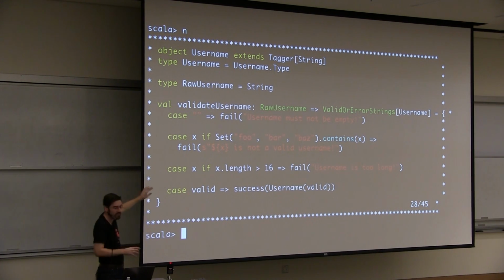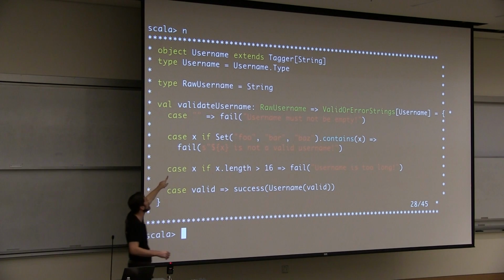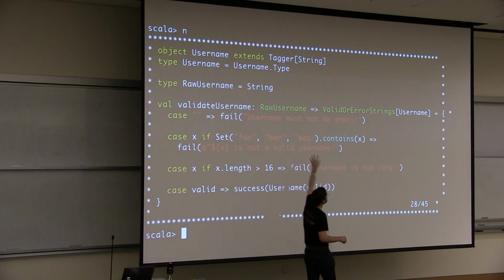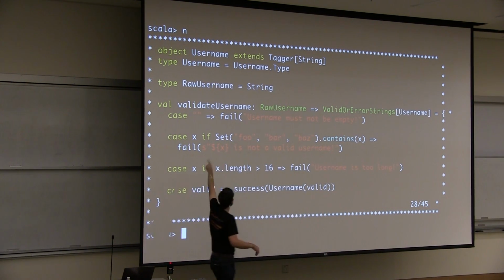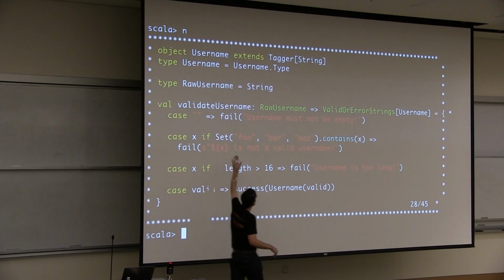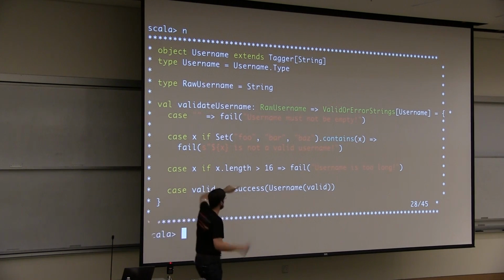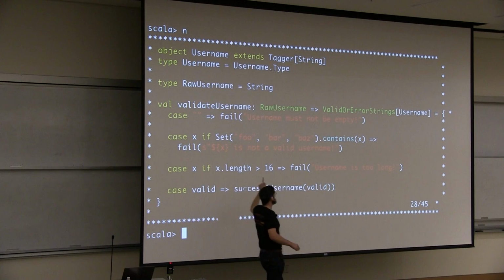So we've got a couple more of these. I'm going to run through them really quick. So validate username, exactly the same thing as we just saw with add, except now we have a function that takes a raw username and returns one of these applicative context validation things. We can fail if we have an empty string. We can fail if the user has entered foobar or baz as their names, because that is not a valid username. I know, I wrote the code. If their name is longer than 16 characters, that is also not a valid